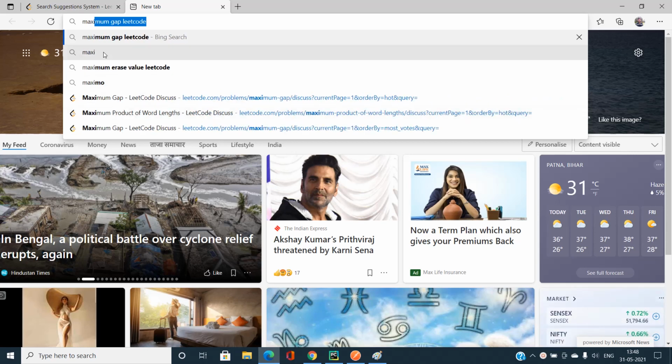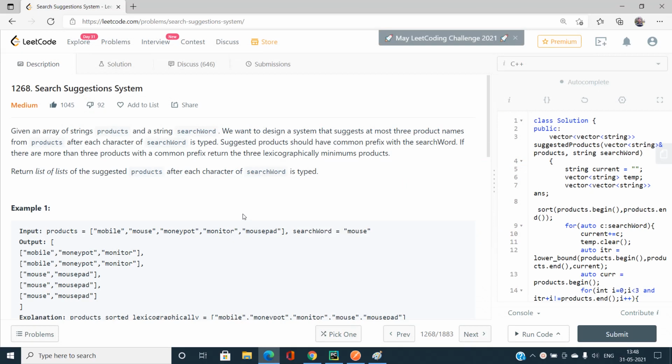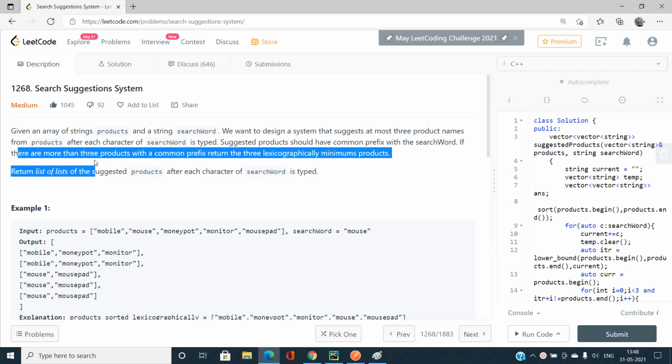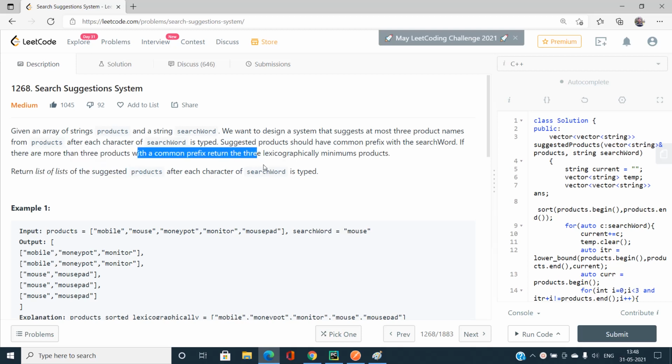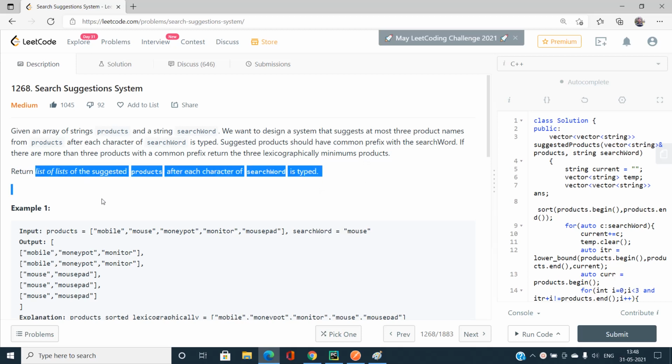You start typing characters from the search word mouse, and as soon as the filtering comes up as a list of strings, you need to give as your answer at most three product names, in lexicographical order. To state it more precisely: if there are more than three products with a common prefix, return the three lexicographically minimum products. Return a list of the suggested products after each character of the search word is typed.